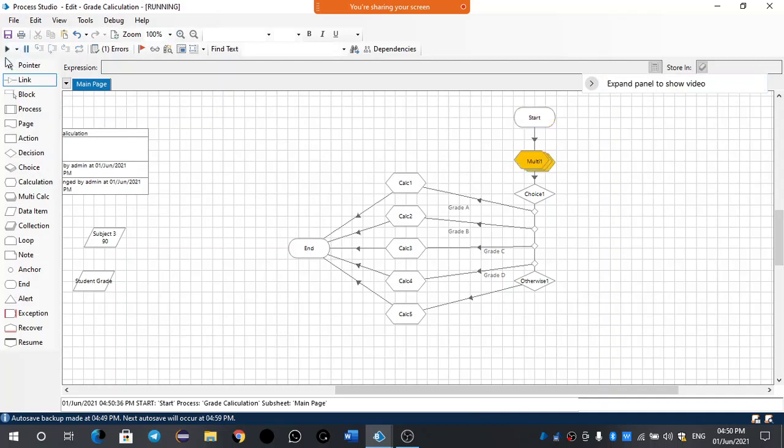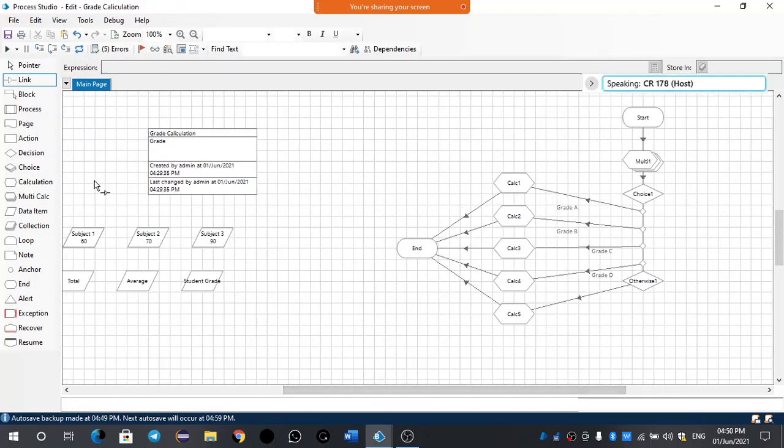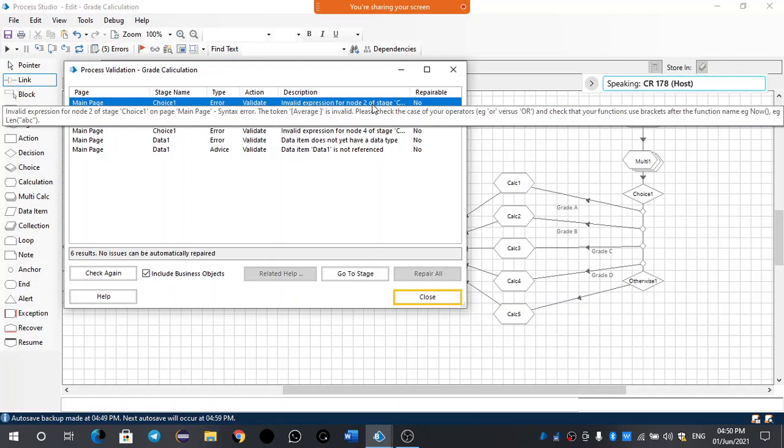Click on reset, not stop. Without resetting. See how many errors. Is there any error? Five errors. What is that?